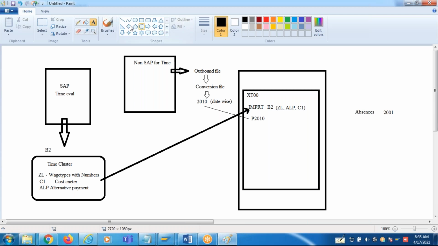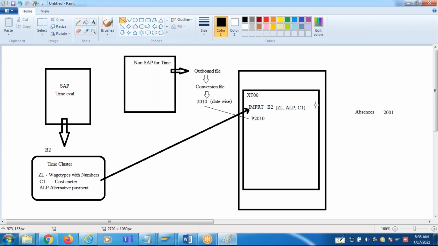Okay, so these absences are actually very much part of payroll. When I say absences, you think this is a part of time management. Not exactly. The absences are created mainly for the payroll. It is actually part of payroll. So that's why we need to learn it, when we have discussed absence creation earlier.